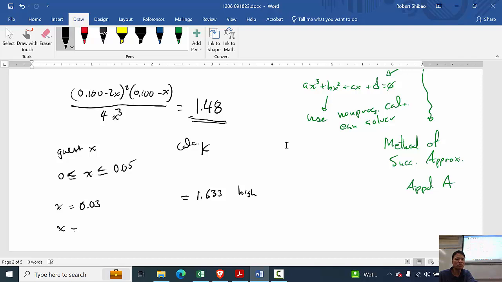So how should we change x? Should we make x bigger or smaller? We want this number to be smaller. Should I make x smaller or bigger? Bigger? All right, we'll go bigger. We're going to try 0.04. All right, 0.1 minus 0.04 is 0.06. So 0.06 squared times